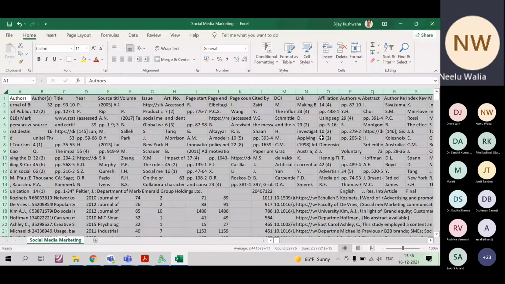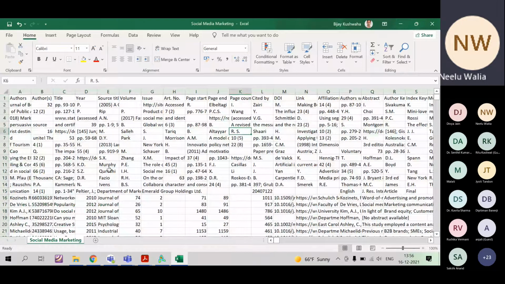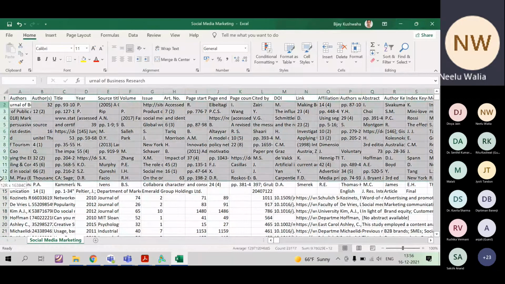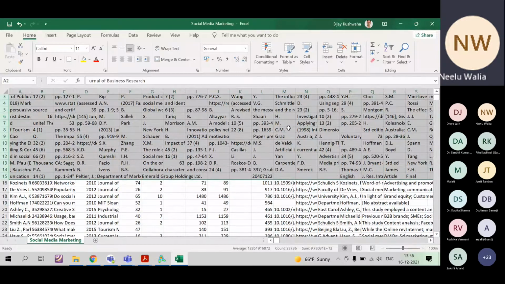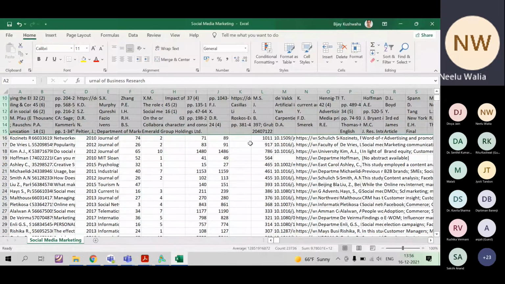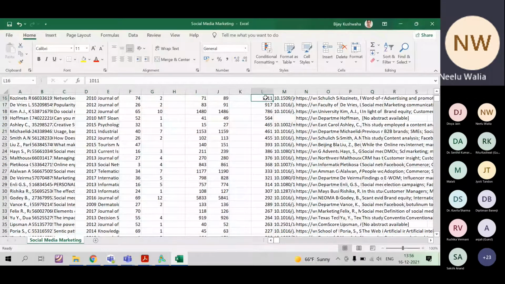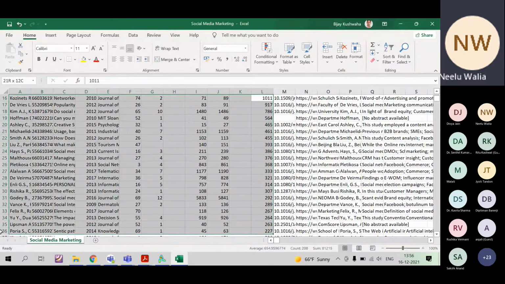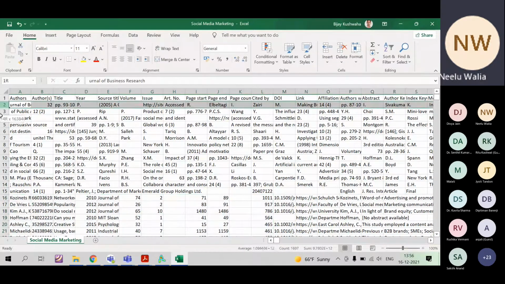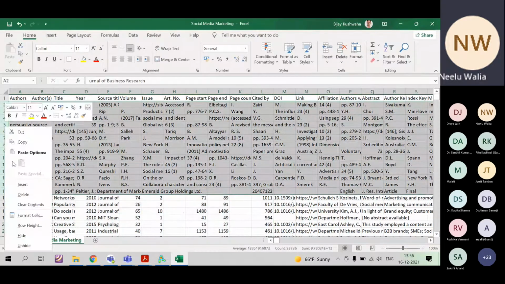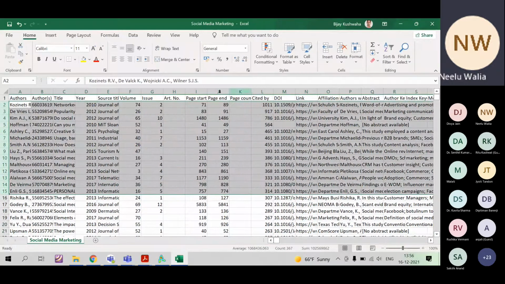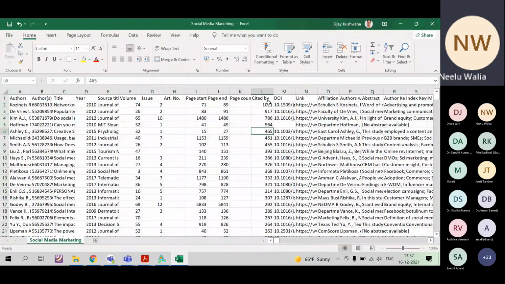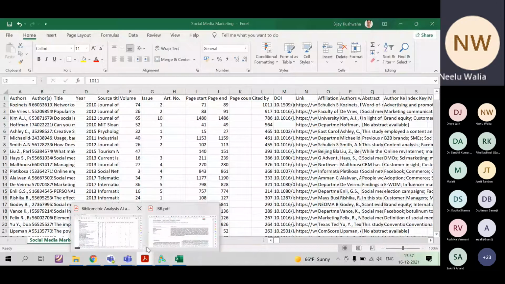This is a filtration error. While cleaning, it will be removed, manual cleaning, because wrong information has been put up. Come directly to here, the highest cited paper. So 20 records I am going to get from here. When you clean the data, these rows will go off. Okay, so see the table.